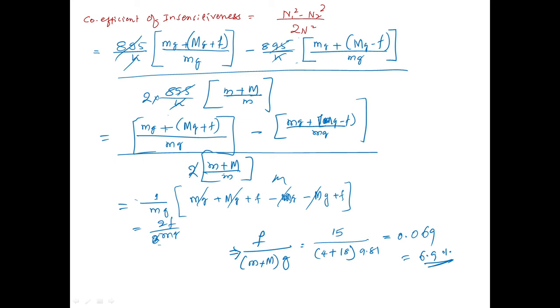Now for your CIE you have 2 chapters here, CAMS and governors. So 1.5 questions from CAMS and 1.5 questions from governors. So you go up to today's class and go through all the problems.